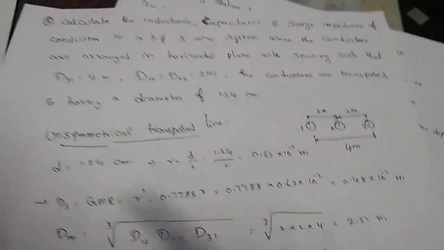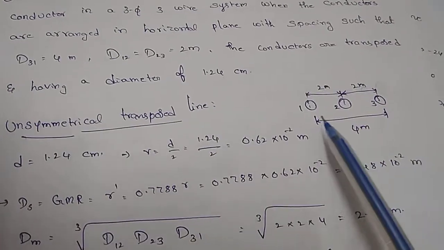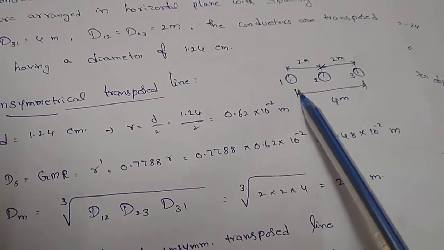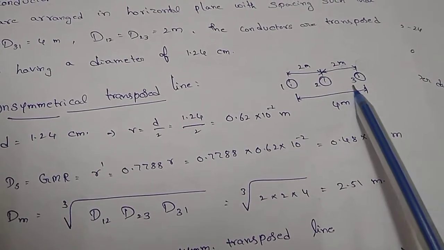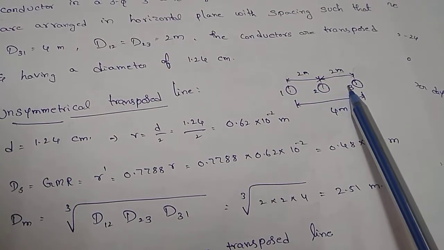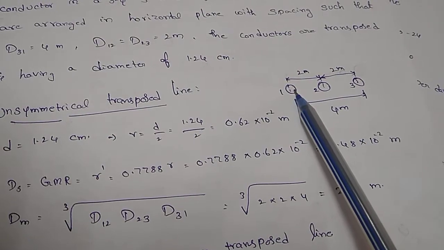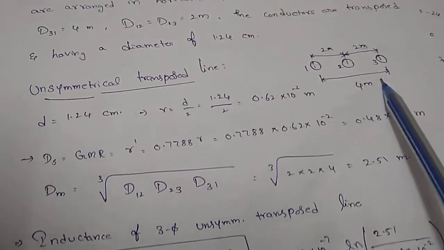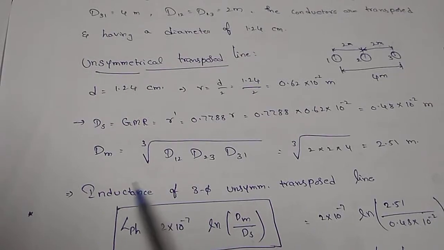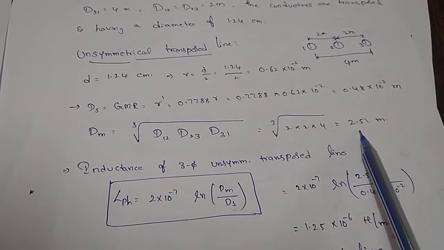Please remember this, the same problem I just go with the unsymmetrical. So the only variation is instead of same distance, please observe this placement here itself. So instead of symmetrical, I am just going unsymmetrical. That means the first 2 conductors are 2 meters, second 2 are 2 meters, and the distance between the first and last one will be 4 meters. So the only variation I got is in the calculation of GMD. This is the variation I got.